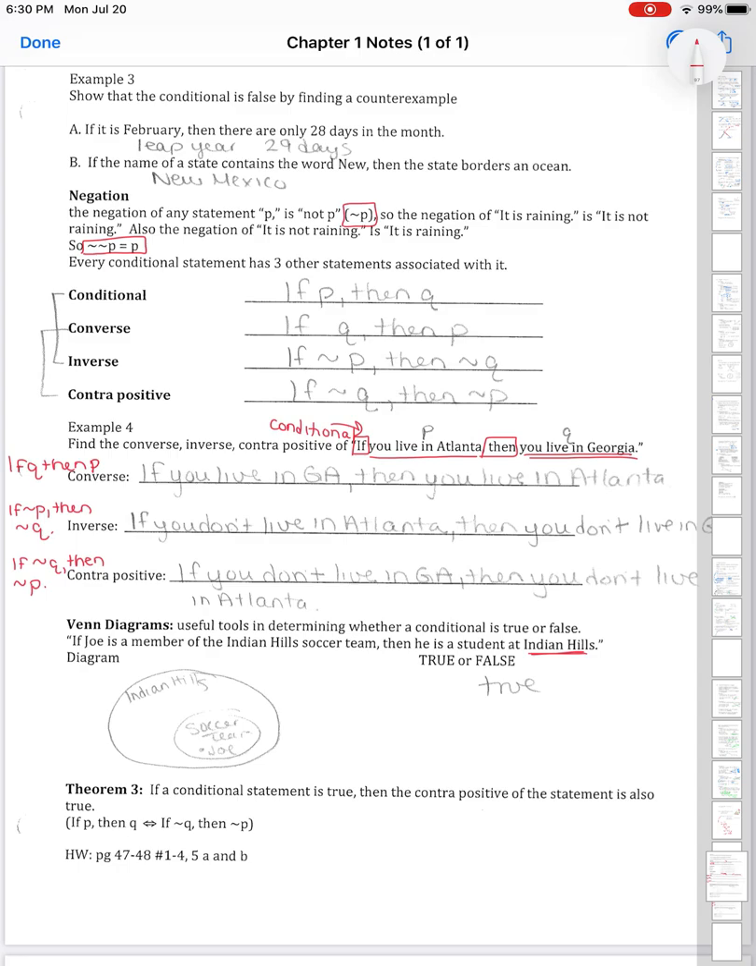Now this final theorem here, this is not a proof theorem. This is specifically only, like a two-column proof, I mean. This is only used with these types of problems. But it says if a conditional statement is true, then the contrapositive is also true. So if